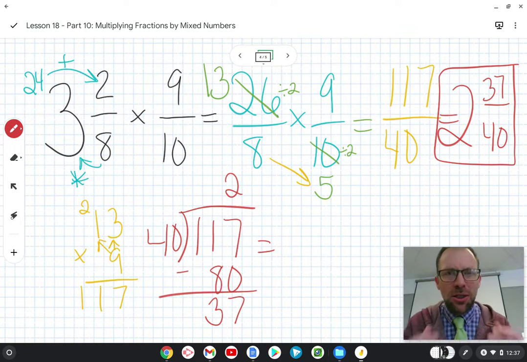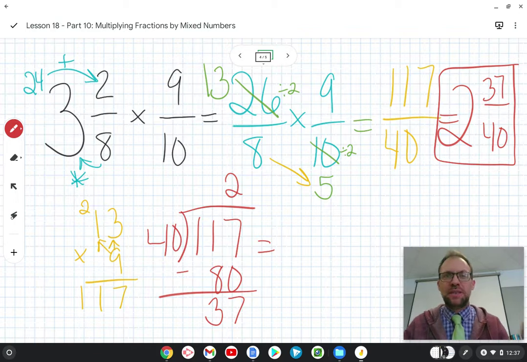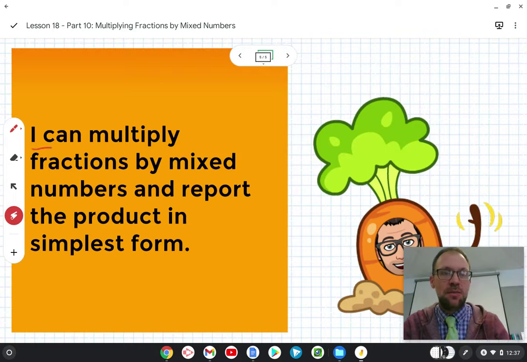Okay, there are a lot of steps, aren't there, to this math? But you've learned all these steps before. We're just putting them together into one place to solve problems. Let's practice, and I am here to help you. Today's learning target was, I can multiply fractions by mixed numbers and report the product in simplest form. I know you can do this. Let me know if you need